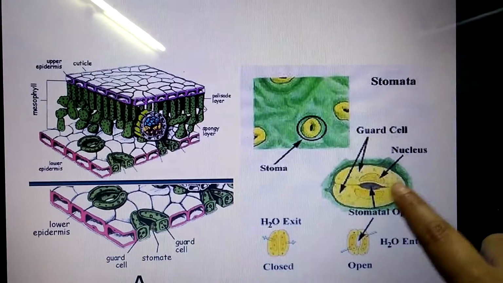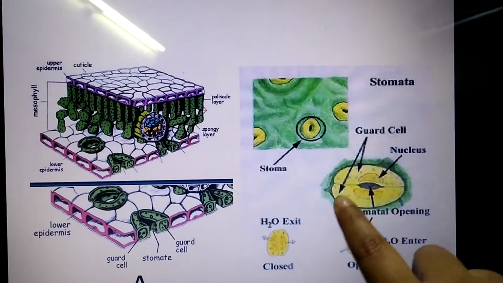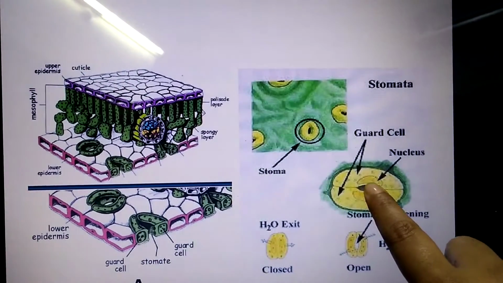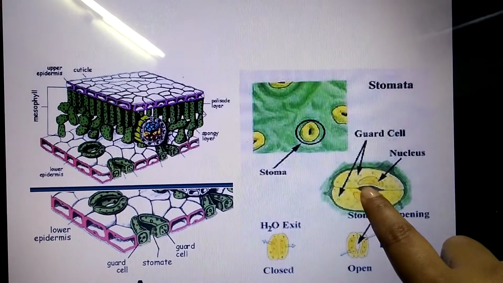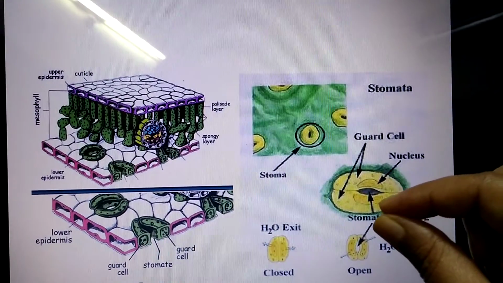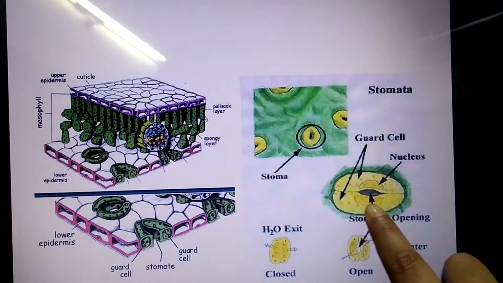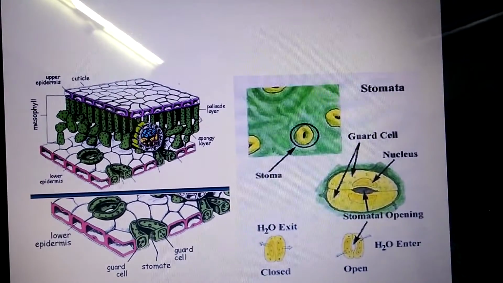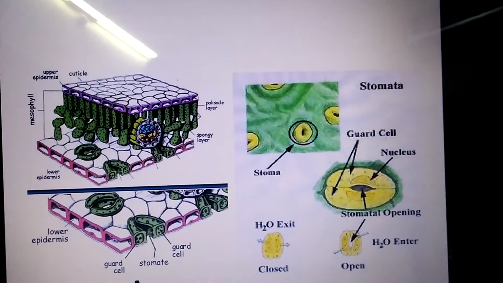Once the water is drained out from these cells, इन cells से water निकल जाएगा तो ये shrink कर जाएंगी. Shrink करेंगी तो ये walls या जो यहाँ पे membrane है ये एक दूसरे से close approximation में आ जाएंगे, जिसकी वजह से now this pore will close. So now you understand how this pore functions, how this pore gets open and close. Okay.